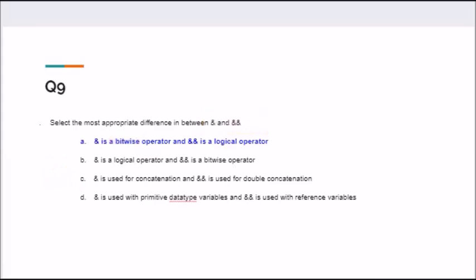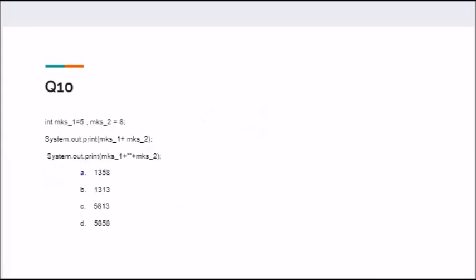The last question in this series, we have the value of mk1 as 5, the value of mk2 as 8. When we are going to add, it should give me 5 plus 8, that is 13. So 13 is available in option A and option B. Now the next part says that we have to concatenate because we have a space in between. So the option available to us will be number A, that is 13 will be printed followed by 5 and 8 all together.